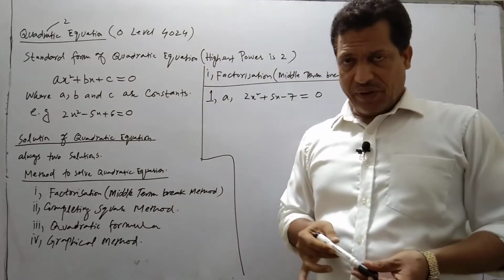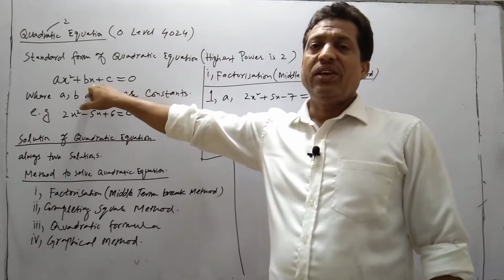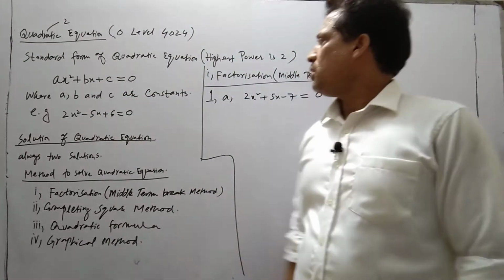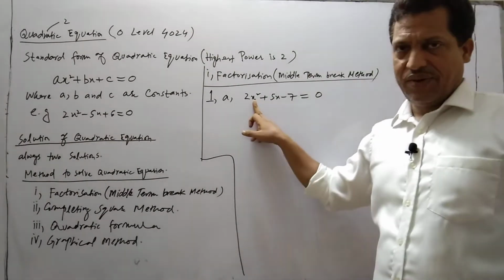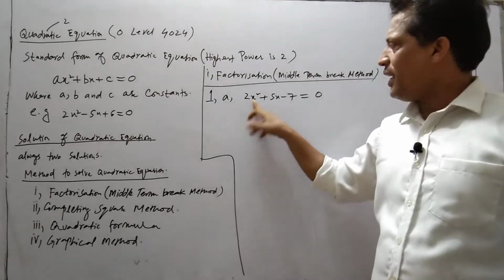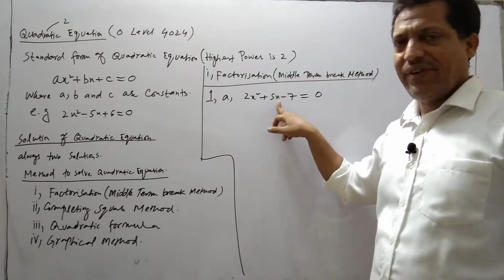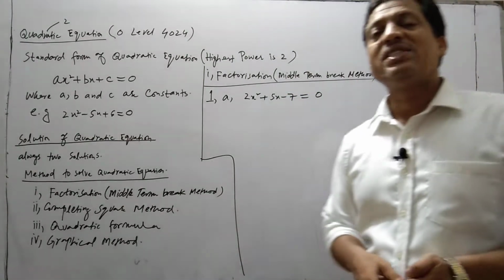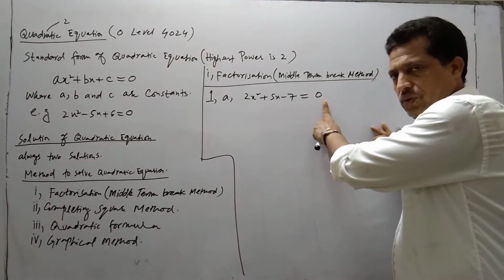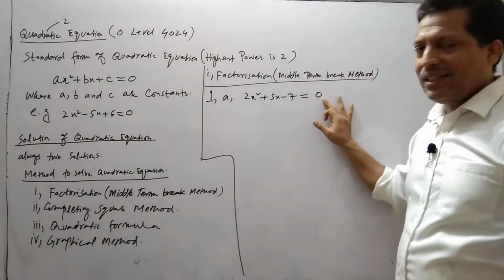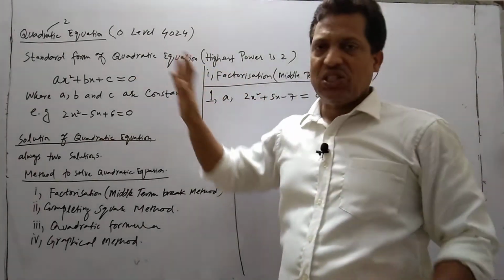Before you solve a quadratic equation, you should check whether your equation is in the standard form or not. This equation is in standard form. What is standard form? The first term should be x². In this case, yes, 2x². The second one is without x², yes, 5x. And the third one is the constant. Constant means without x. And the right hand side should be 0. You have to see that the right side should be 0. So this is a quadratic equation and this is in standard form.